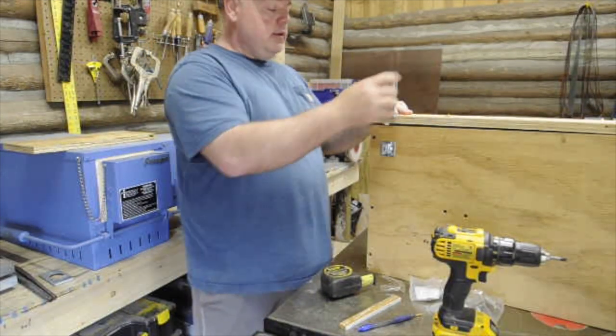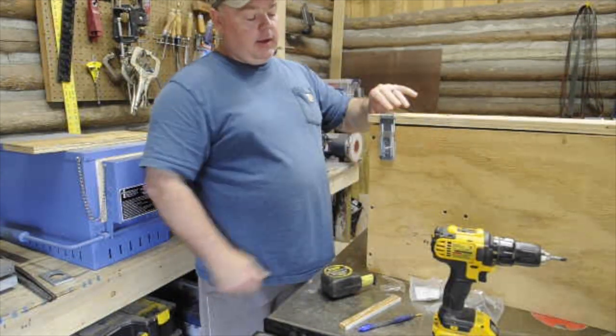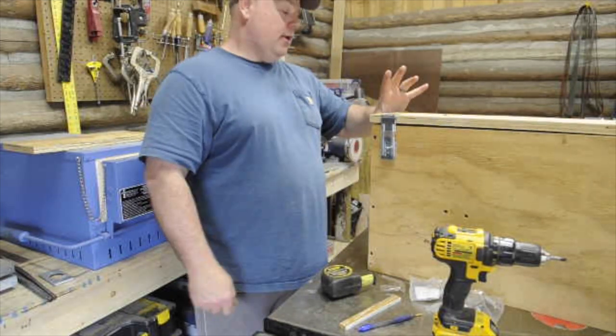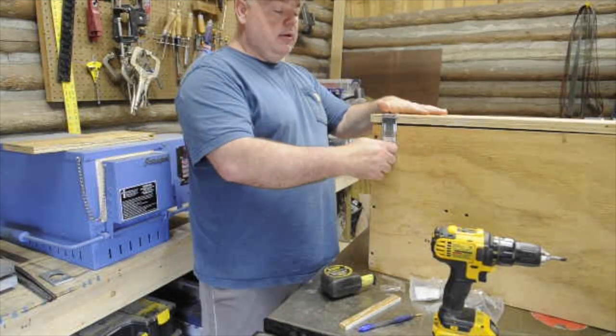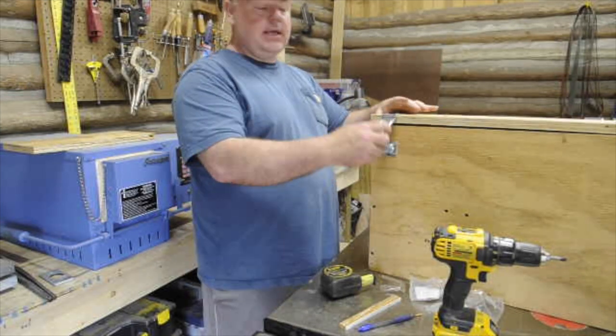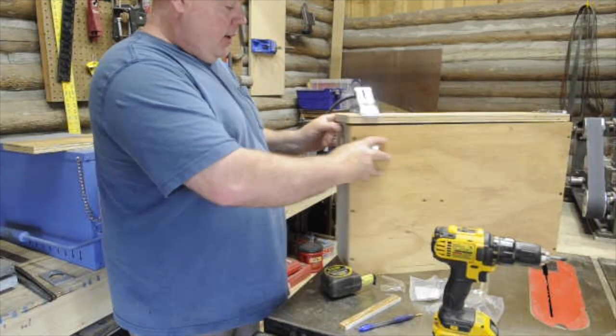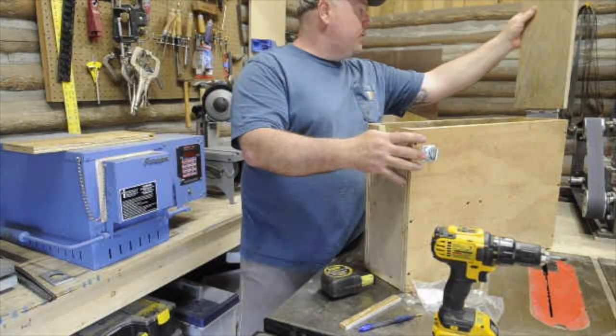Okay, and it's locked. It has a little bit of play, I guess, but once you lock this, the goat's not going to go raising his head to get out. All right, the last thing is to put the yoke on. So we're going to open this up,